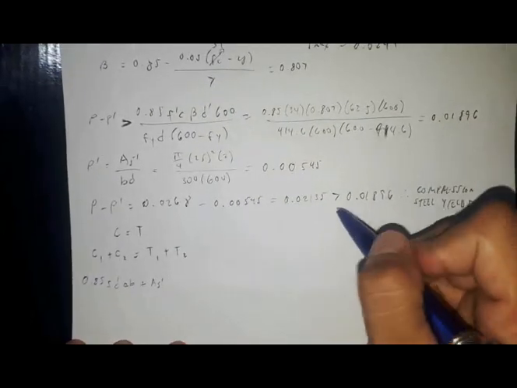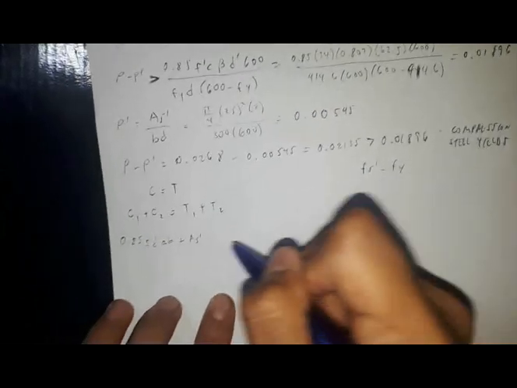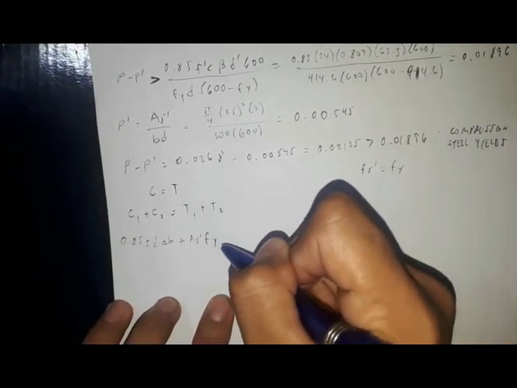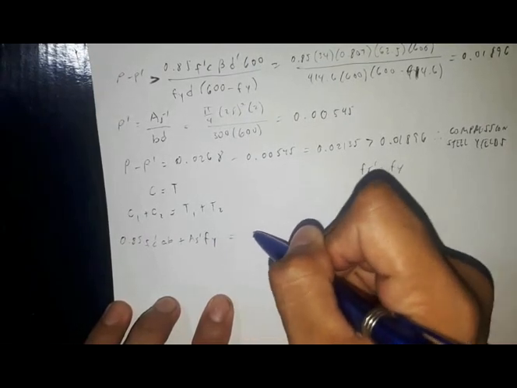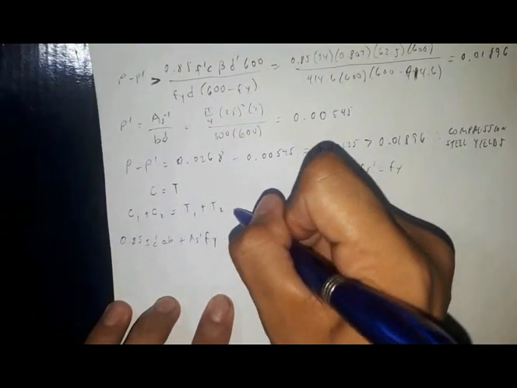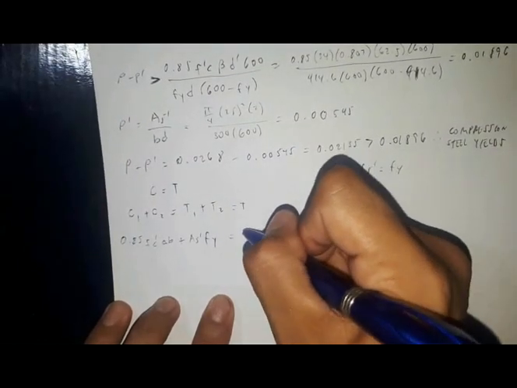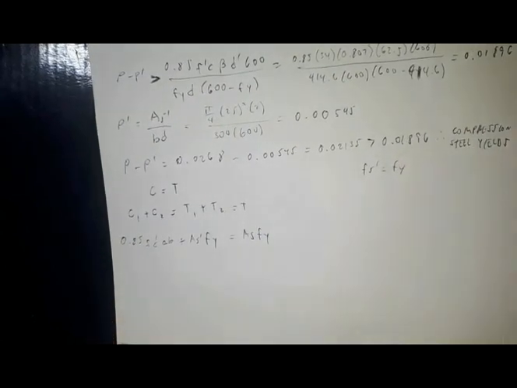So, since compression yields, Fs prime equals Fy. So, as AS prime Fy equals T1 plus T2 is equal to T. So, this is AS Fy. So, by substitution, we have